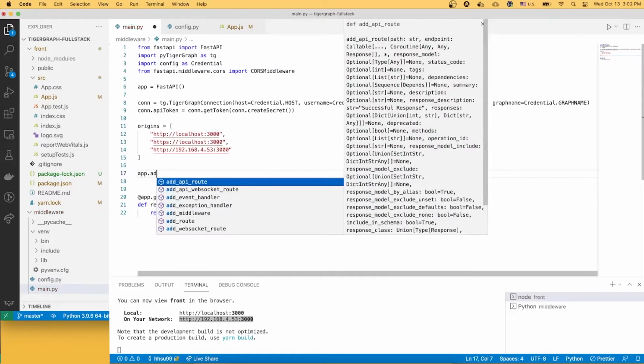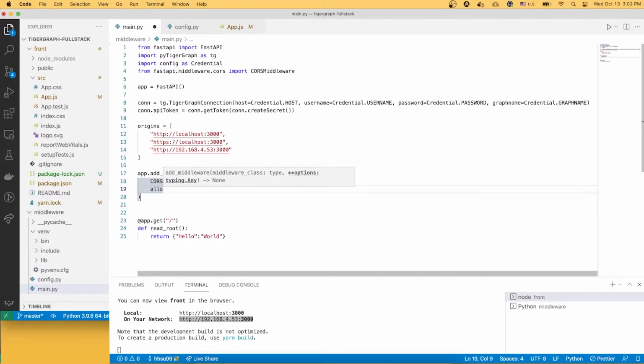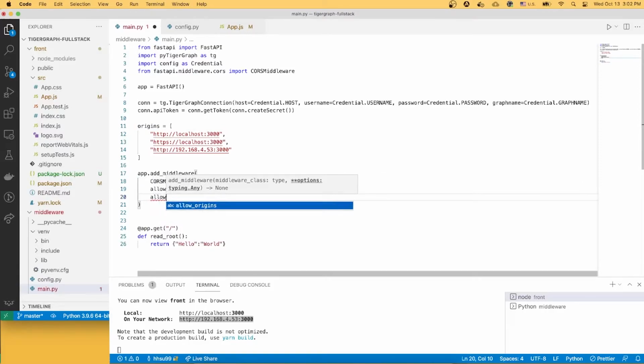So that's app.add_middleware, and then inside there you will give CORSMiddleware, allow_origins equals origins, and then allow_credentials equals true,